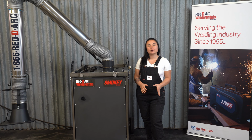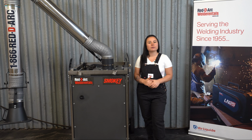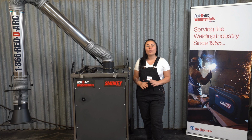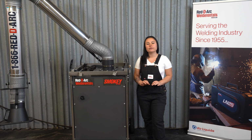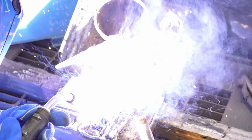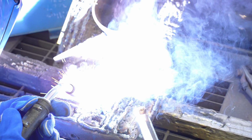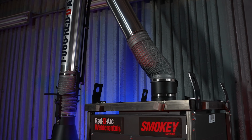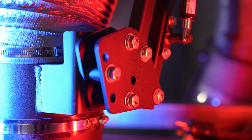Ensure safe breathing zones for your welders with our portable weld fume extractor, the SMOKEY. Portable fume extractors are key for improving air quality and helping to reduce exposure from potential airborne contaminants. Removing weld fumes, dust, and other pollutants right as they are produced, the SMOKEY is designed for easy transport and